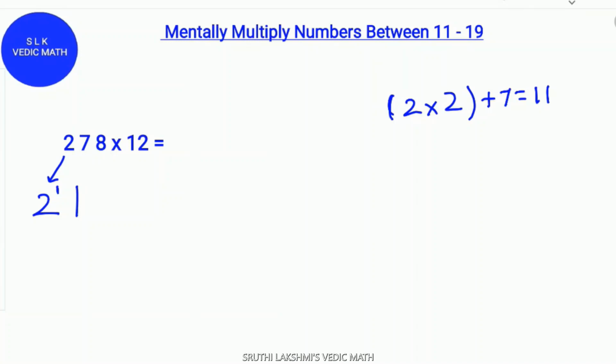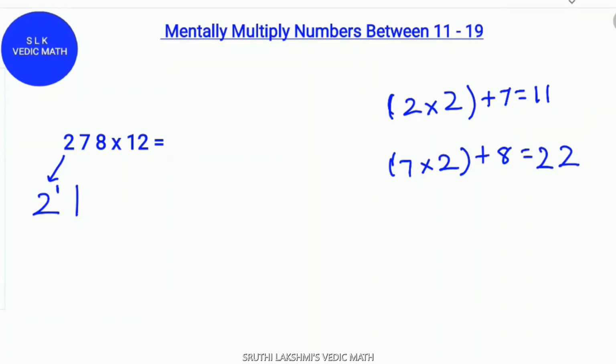Next we do 7 times 2. 7 times 2 is 14, and add this 14 to the next digit 8. 14 plus 8 is 22. So carry the 2 and write the other 2 down. Next is 8 times 2. So 8 times 2